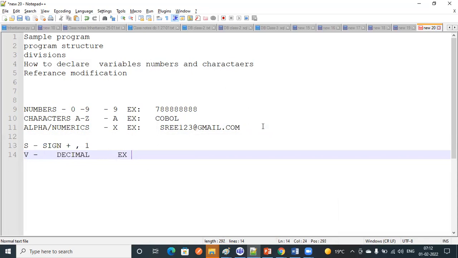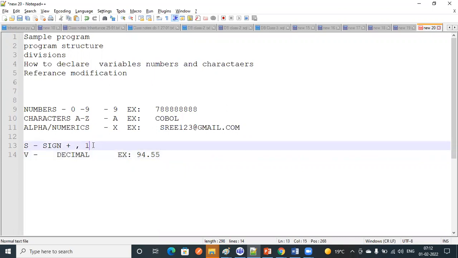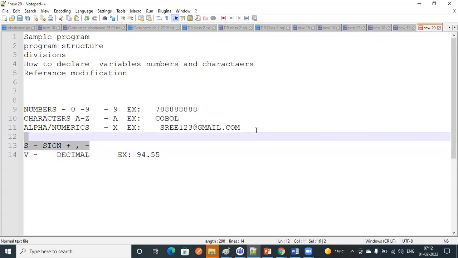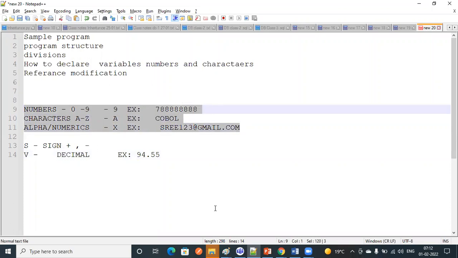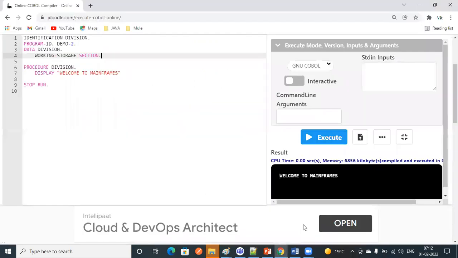For example, there is an amount field, 94.55. In that case we are going to use V as the symbol, and for plus and minus we'll go with the sign. But these are the main data types: numerics, characters, as well as alphanumeric.